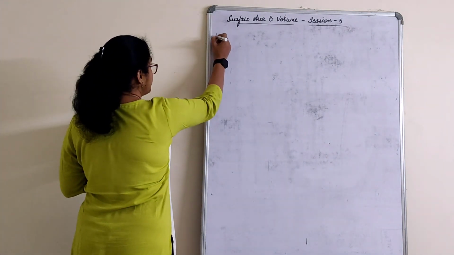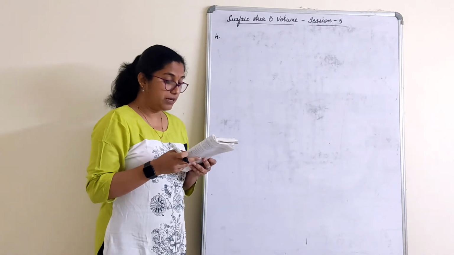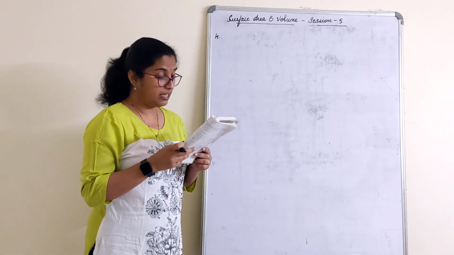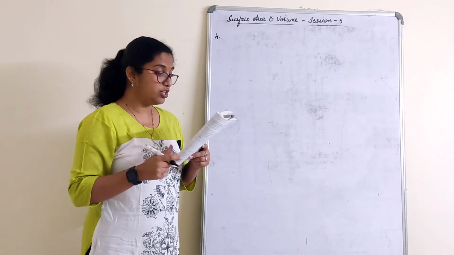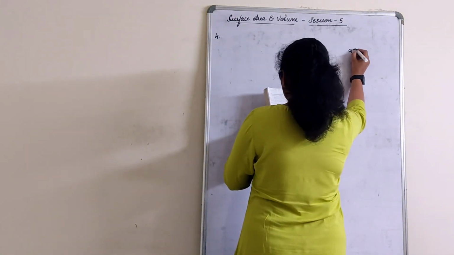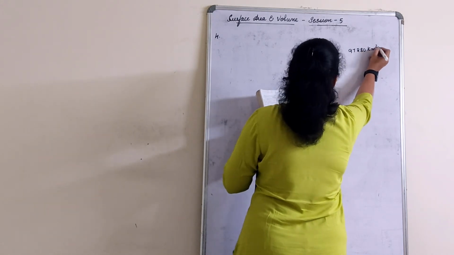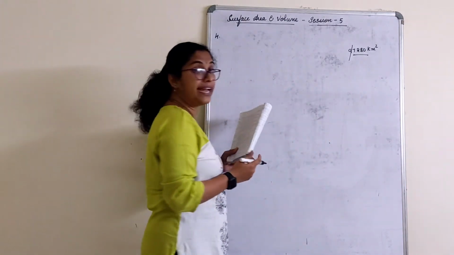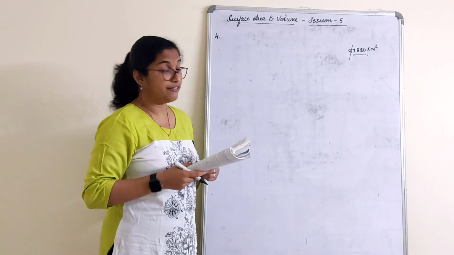Next one, 4th one. In one fortnight of a given month, there were rainfall of 10 centimeter in a river valley. If the area of the valley is, there is a small change here, children. Area of the valley is, it is given as 97280 kilometer square, right? You have to make it 7280. Strike out 9 from it. That is an error actually what they have given.